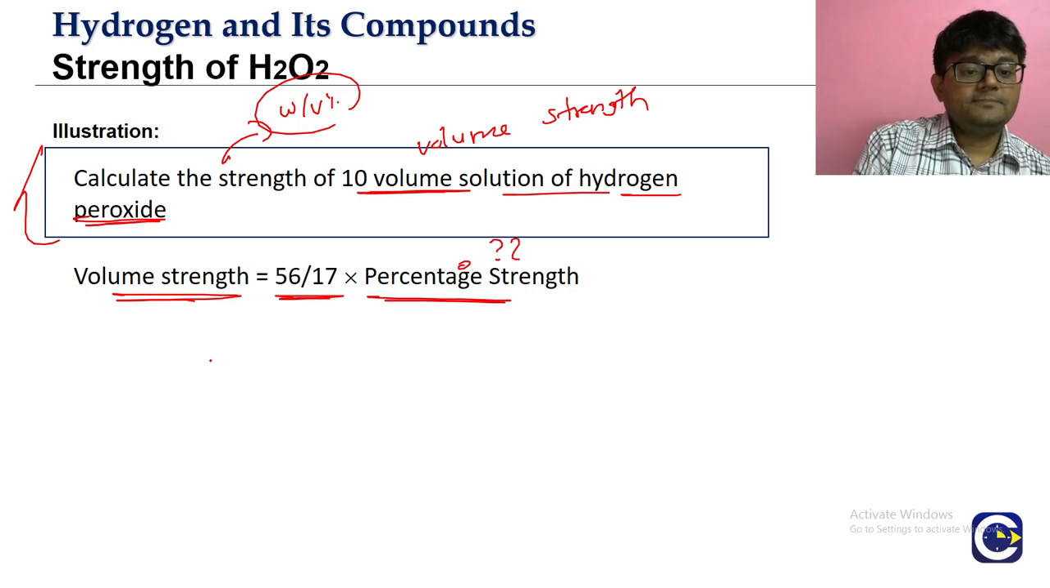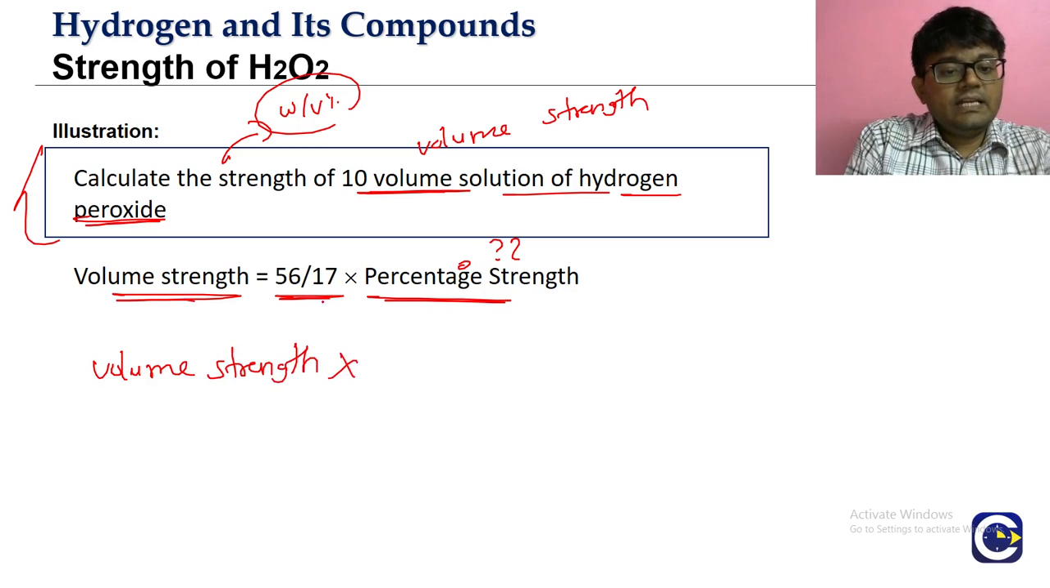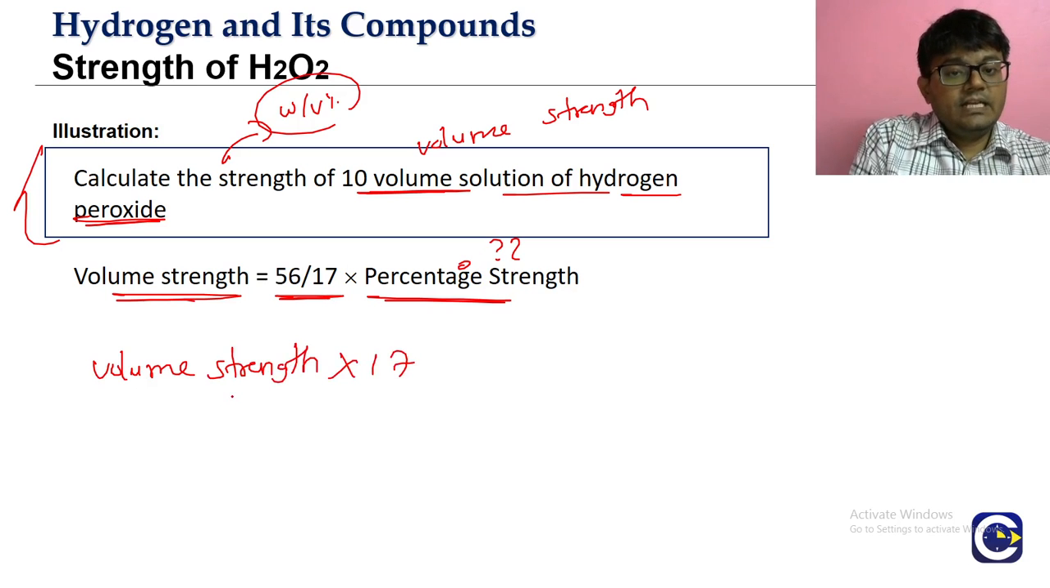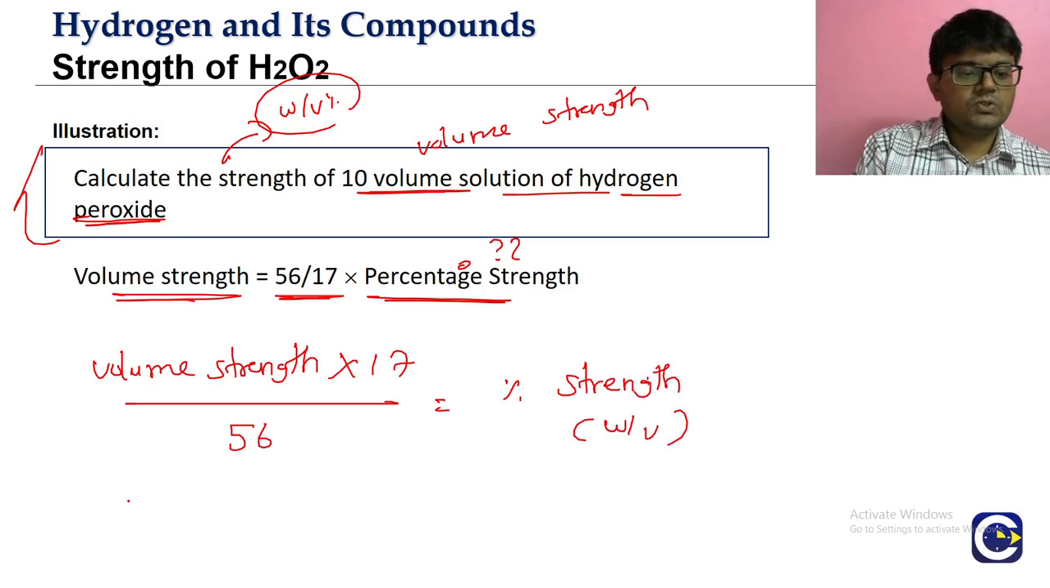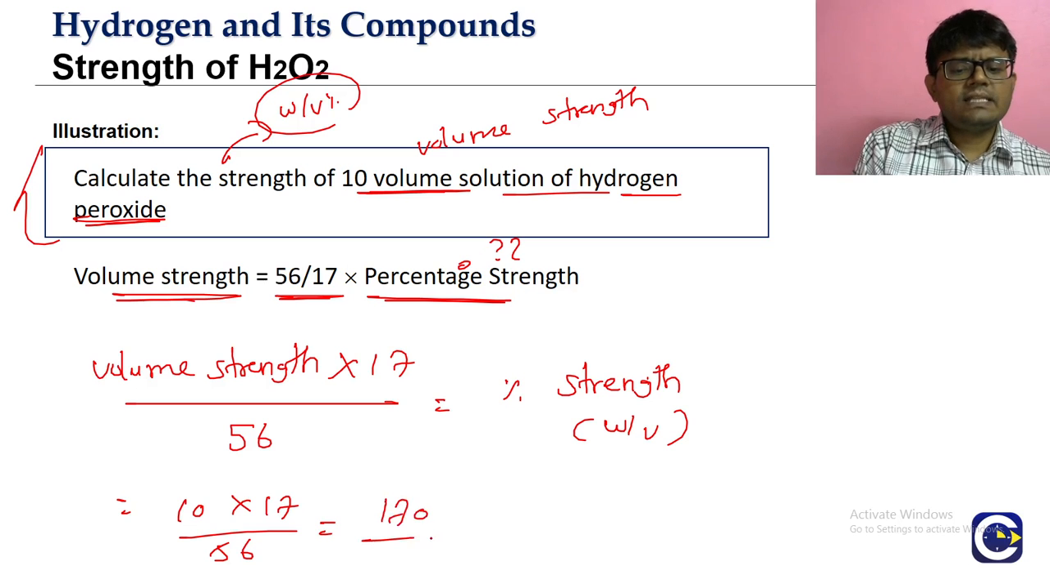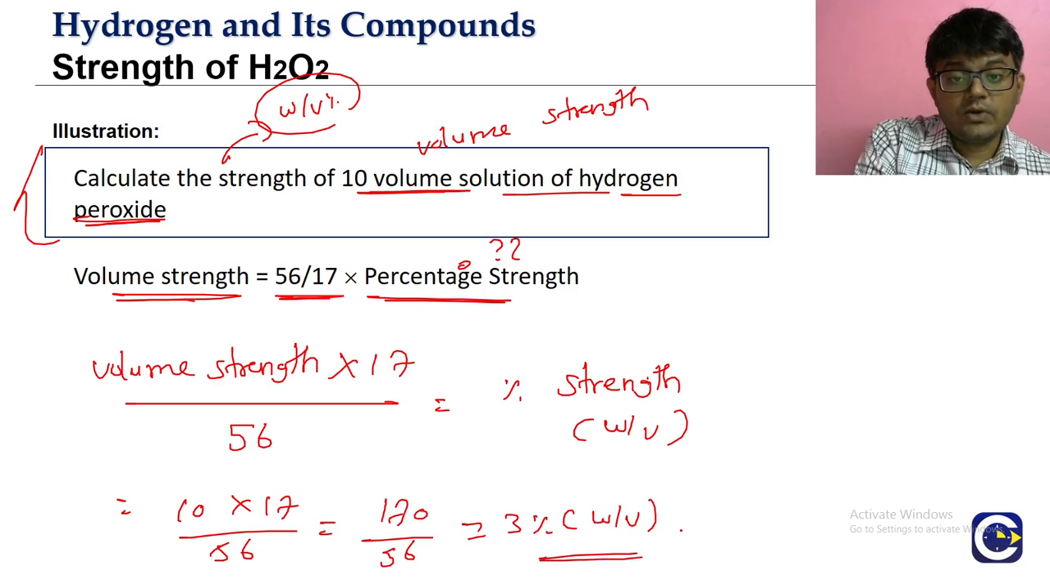So volume strength into 17 will go to the numerator, divided by 56. This is the percentage strength in terms of weight by volume. The volume strength given to us is 10 volumes. So 10 into 17 by 56, which is 170 by 56. Approximately it will be 3, approximately 3%